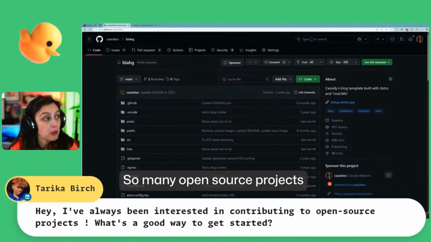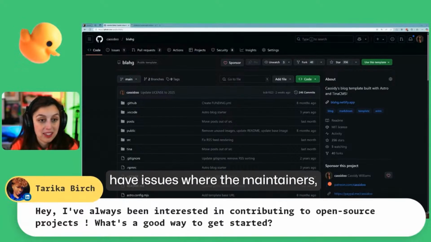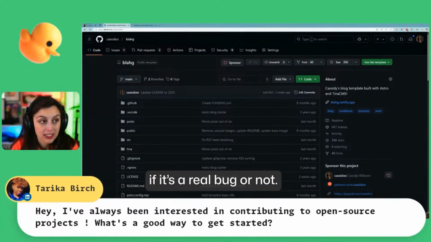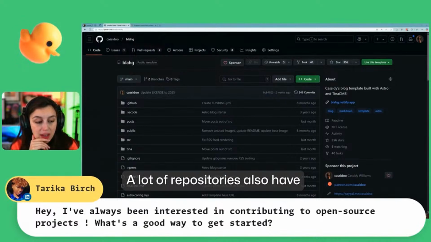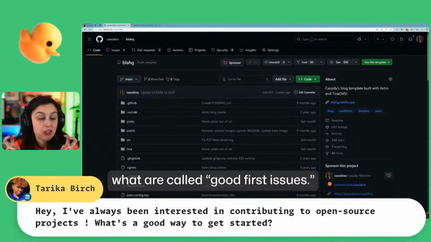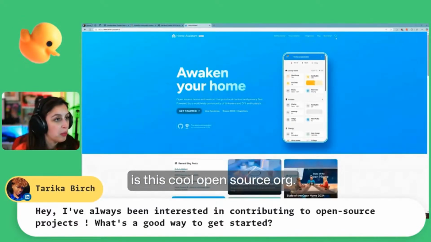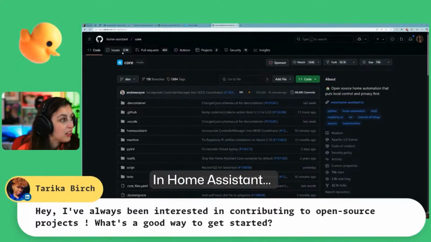So many open source projects have issues where the maintainers don't know if it's a real bug or not. A lot of repositories also have what are called good first issues. Home Assistant is this cool open source org. In Home Assistant, look at that. They have